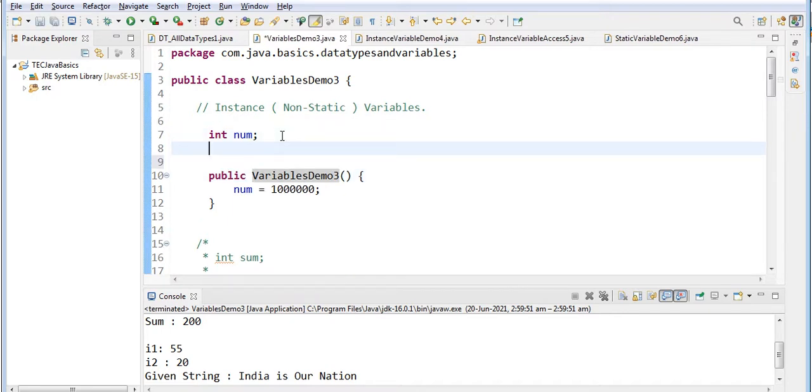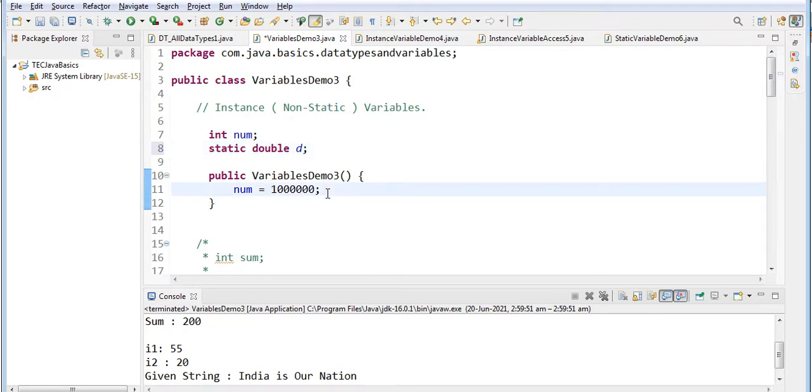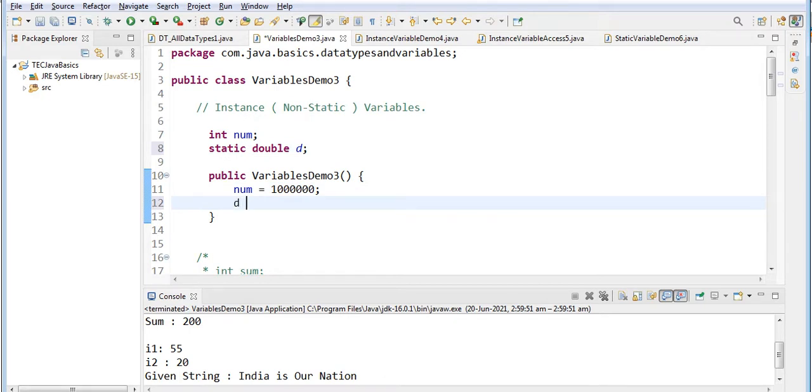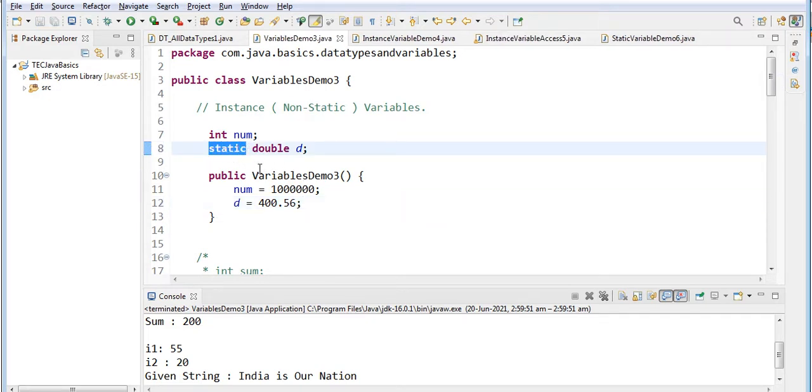For example, let us try for this static double D. So D equal to 456. See, this is static, and here it need not be static.